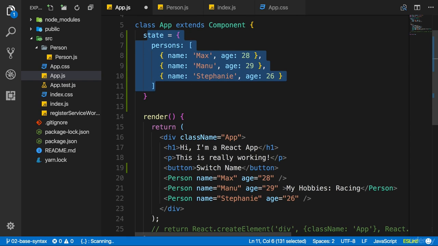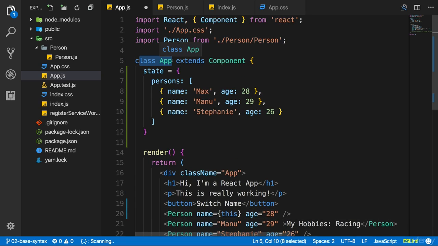We can now access a property like this, and that's not just true for state, but for any property, in our render method by simply outputting something dynamic with single curly braces as you learned it, and then the this keyword. This refers to the class due to our ES6 syntax we're using. And on our class, we have a render method we could call. We shouldn't do that though, React does that. But we have a state property. And as I said, you can also define your own properties, but state is a special one, as you will learn over the next lectures.